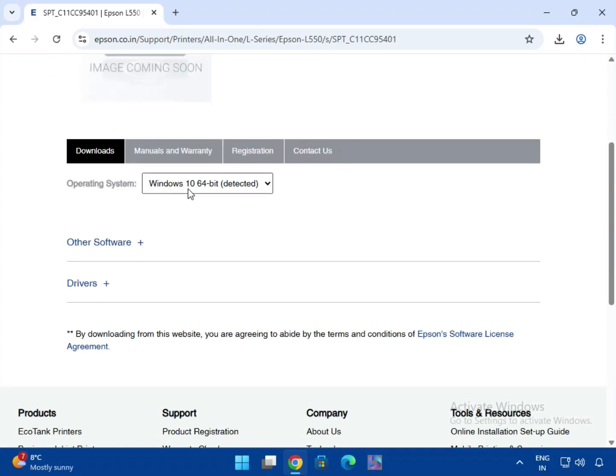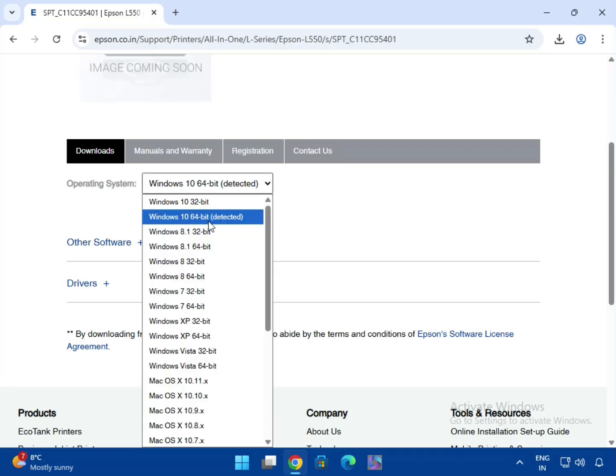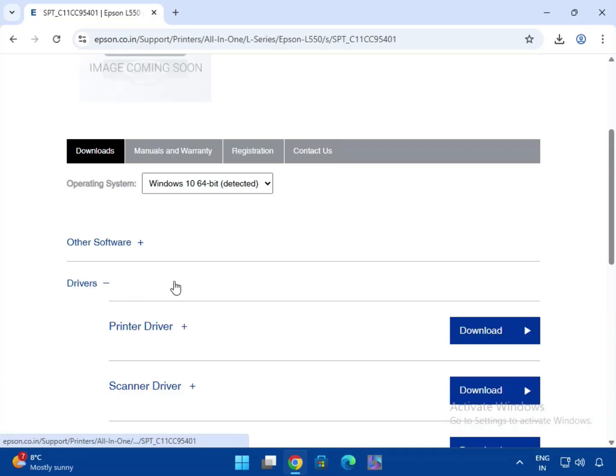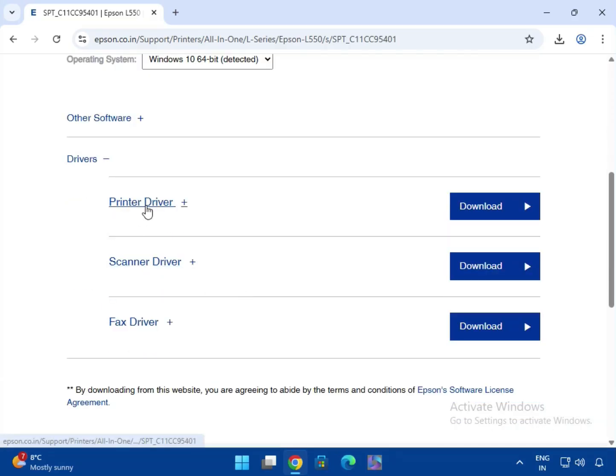Scroll down. It is not required to change the operating system. By default you can see Windows 10 64-bit. Okay, if you want to change it, you can. Otherwise, if you are using Windows 11, you can select this. Okay, the printer driver,